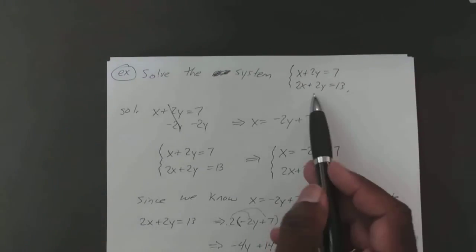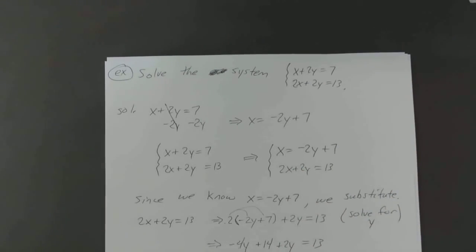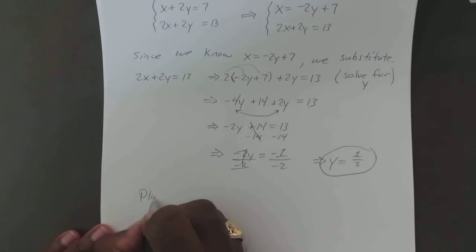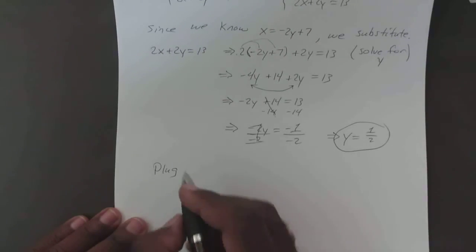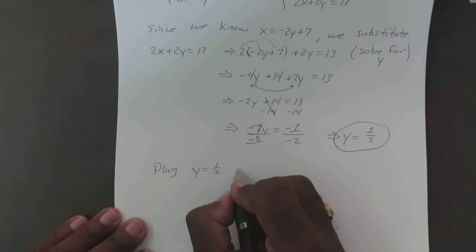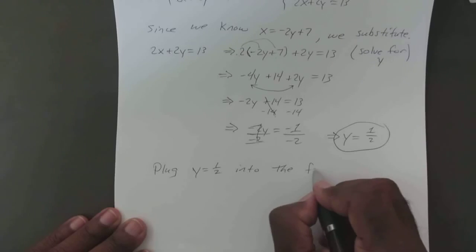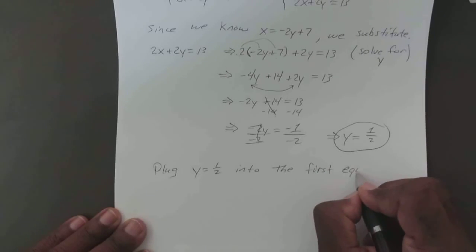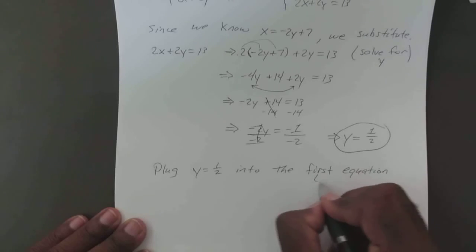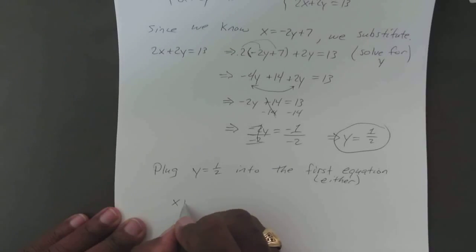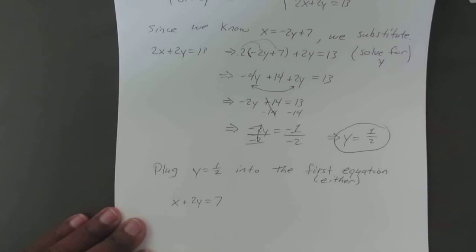Okay, I'll pick the first one simply because it looks a little less complicated than the second one. No other reason than that. You can pick the second one if you like, it would still work. We plug y equals 1/2 into the first equation. And remember, you could have picked either equation, it would still work. Okay, so if we have x plus 2y equals 7,